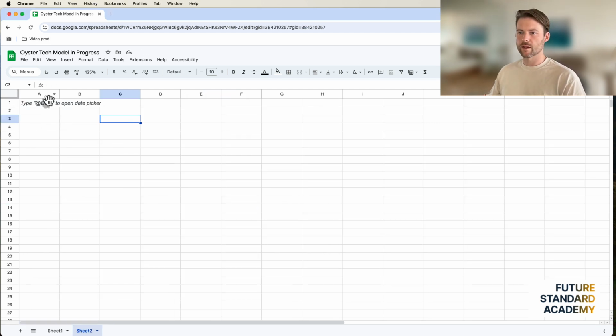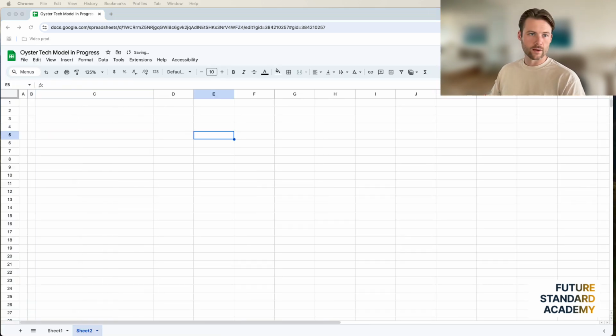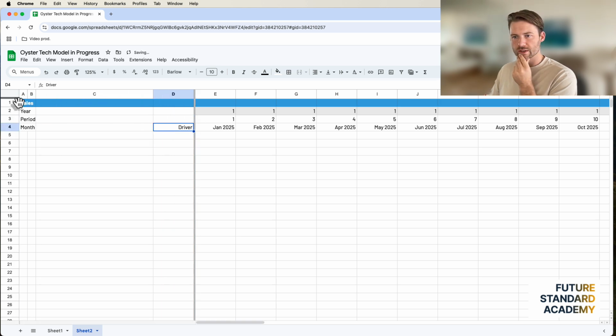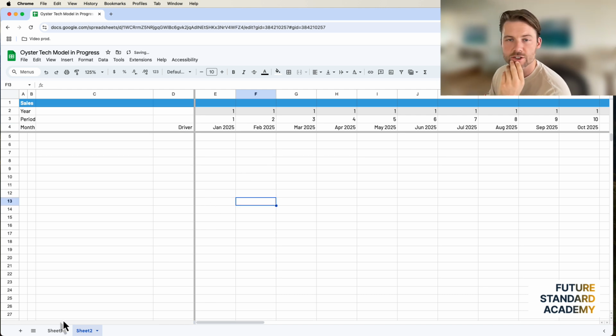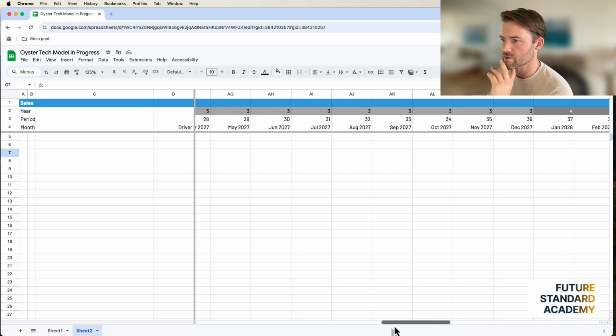So we're going to start with sales. I've got a couple of quick ways to do this, and don't mind me. I'm going to bring over the headers from the sheet that I showed you. And here's what you need to know. I'm going to freeze these columns, so already it's taken shape, right? I leave a couple of rows here so I can offset the titles, the captions on each line. This driver here is going to show where the numbers in this row come from. And then, of course, the data going across. You can see this is going to go all the way to 5 years from now.